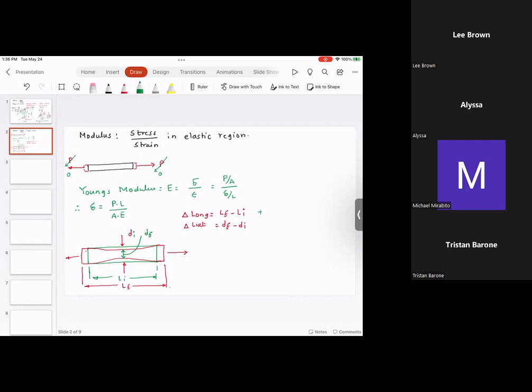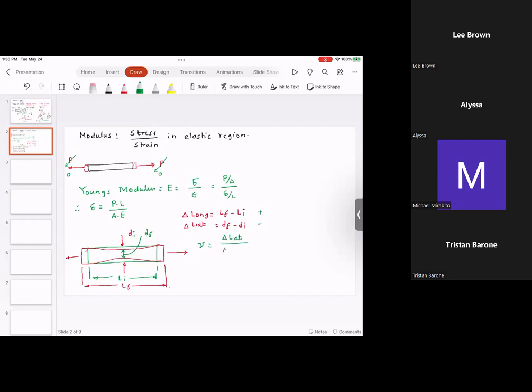Here, the final dimension in the lateral direction and the initial dimension in the lateral direction, it's reversed because the final df is less than initial di. That's why you have this negative sign. So what you have is something called mu, which is delta lateral